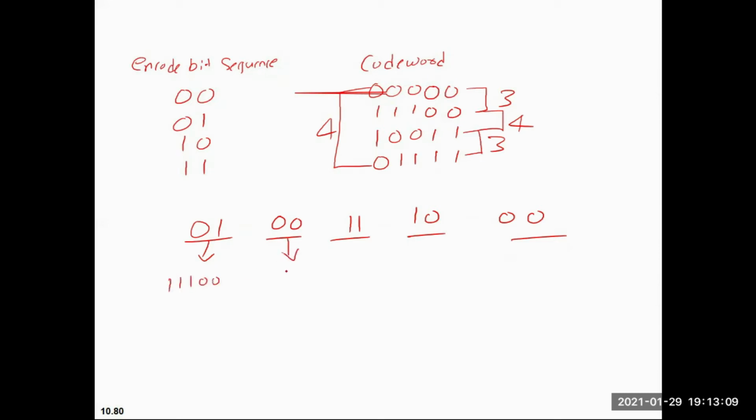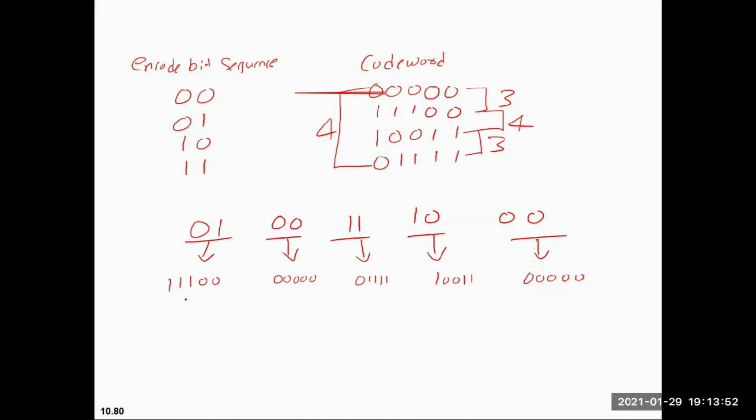The code for 00 is 5 zeros. The code for 11 is 01111. The code for 10 is 10011. The code for the last 00 is 5 zeros. I'm sending these codes from transmitter to receiver. There is one disadvantage that the number of bits is increasing too much in this case, but the advantage is also there, which we will see.